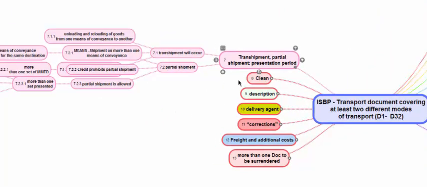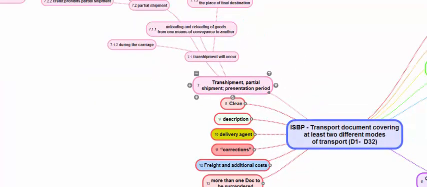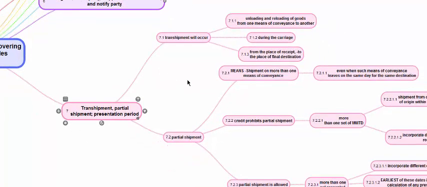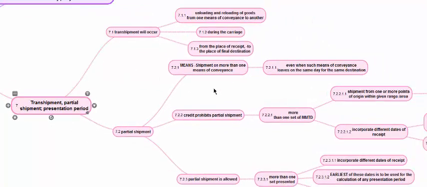In a multimodal transport situation, transshipment will definitely occur. Why will it definitely occur? The very purpose of having a multimodal transport document is that multiple modes of shipment will be used, because the credit had called for or allowed for shipment in more than one mode. Either it calls for a multimodal or a combined transport document, or it says a place of receipt to a place of final destination, which requires multiple modes of transport. So transshipment will occur. There is no way a multimodal transport document can be issued without a transshipment.